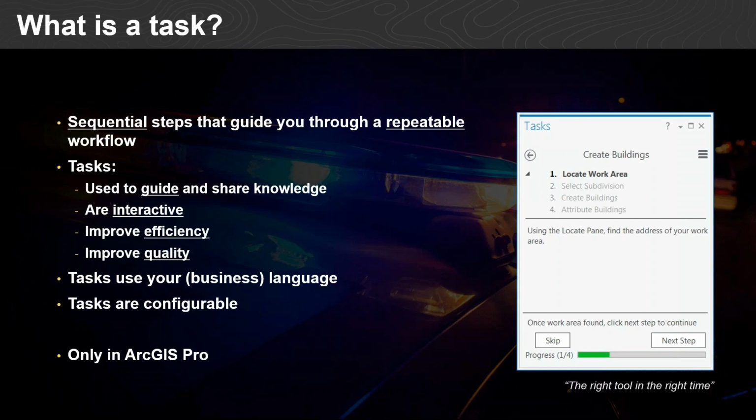So in any GIS work that we do, we're going through a sequential series of tools or commands in desktop GIS in order to accomplish our task at hand. And that's really what tasks are meant to do. They're meant to document those processes so that you can memorialize processes that you use, that you can share those processes with others to use, that maybe if you've got long, complicated processes, that you can simplify those processes or make the work of going through that process a little bit more efficient,